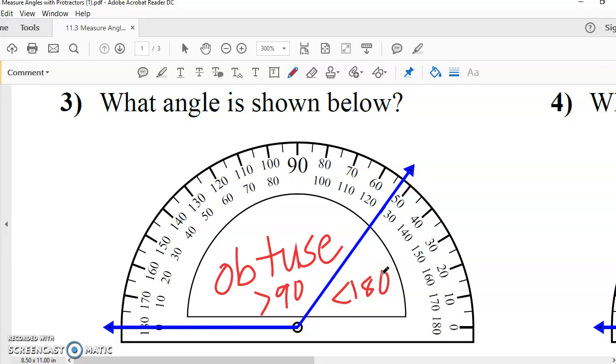Now let's find 0. Which 0 am I going to use, the left one or the right one? Obviously, we're going to start at the left one. Good. Let's start counting up by 10. 10, 20, 30, 40, 50, 60, 70, 80, 90, 100, 110, 120. I'm going to stop at 120 because if I go to 130, that's going to be too far. So I'm at 120. There's a halfway point. That's going to be